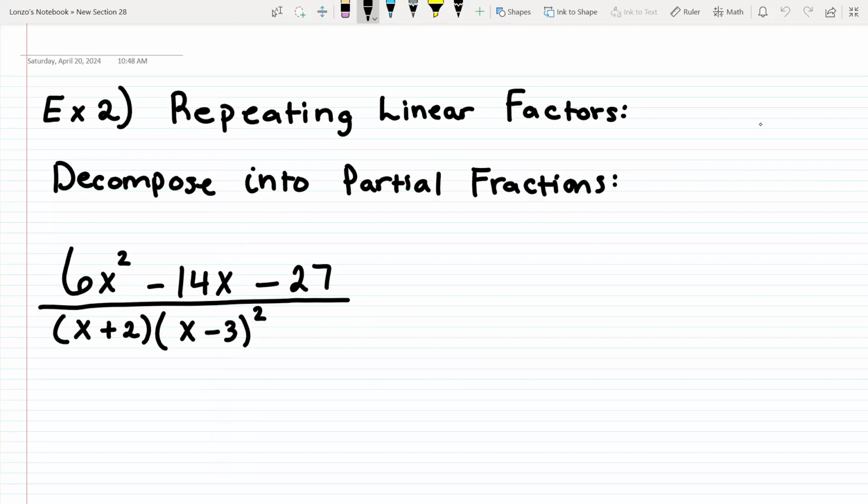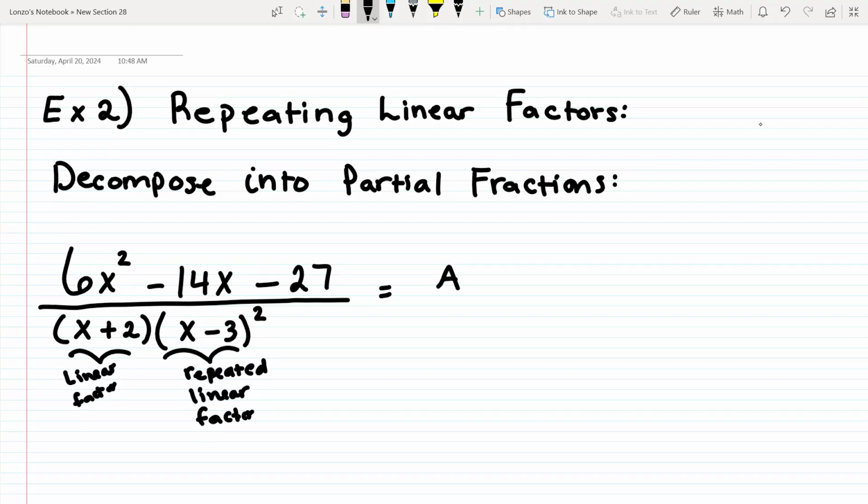So the x plus 2 is a linear factor, but it's not repeating. The x minus 3 is the repeated linear factor. Okay, so the x minus 3 basically means you can write it out as x minus 3 times x minus 3 twice, right? So you're going to set it up as